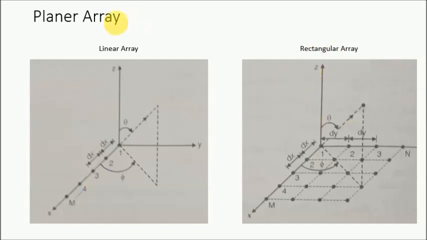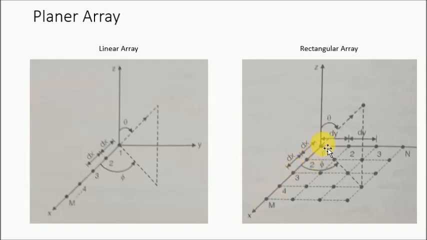But in case of the planar array, we have to prepare one plane. So here in the rectangular coordinate system, we have prepared the variable y here, and the variable x here. We are making the spacing on the x-axis, and also the same or other spacings on the y-axis. Here m may be equal to n, or m may not be equal to n. Depending on the requirements and the pattern, we can have the spacing here.